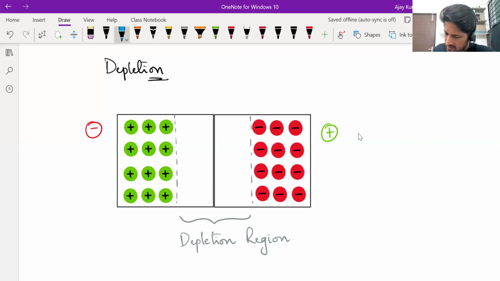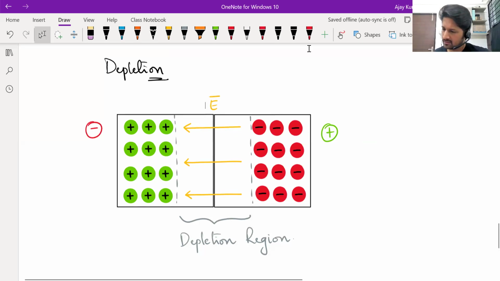So, in this depletion region, there will be an electric field. The electric field will be from N side to the P side like this. Why? Because usually electric field is from positive side to negative side. Now, what will this electric field in the depletion region do, or what can it do? Electric field, what can it do? It can exert force on charges. So this electric field that is formed in the depletion region, as any electric field would, can exert a force